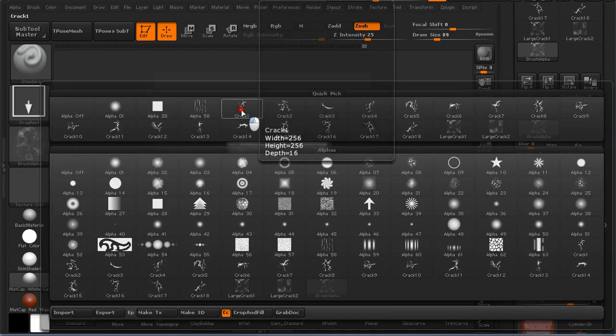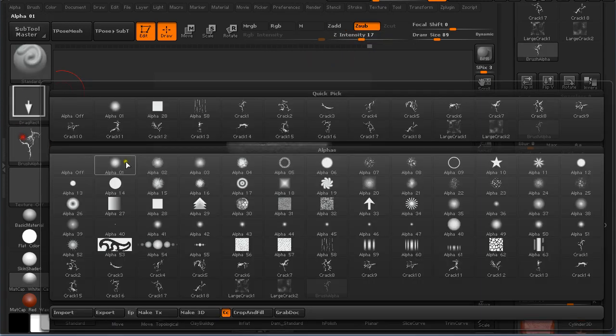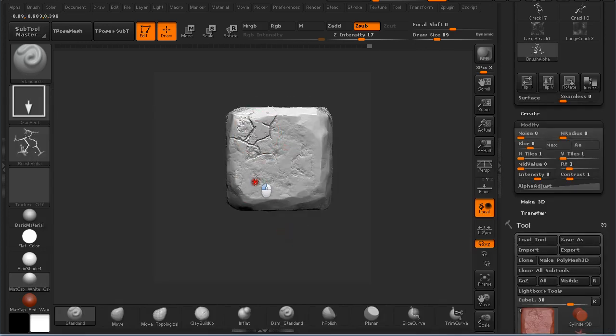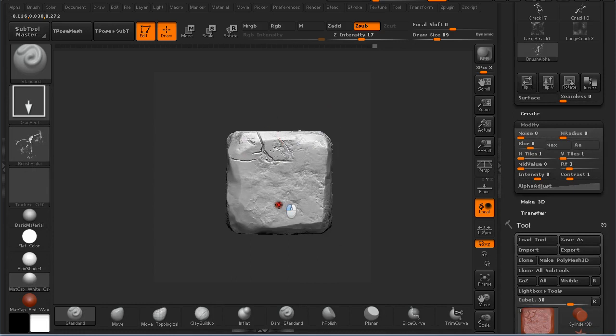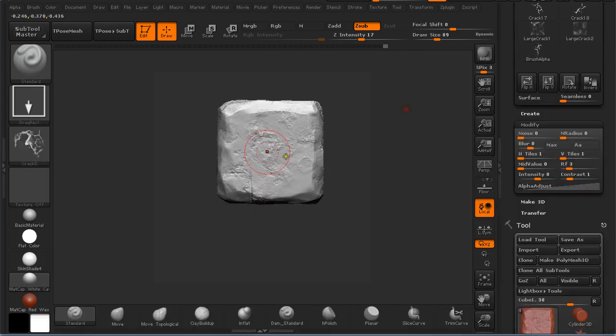So now I'm going to use these crack brushes, and I'm going to decrease the Z intensity a little bit. And now after I turn, I just use a different crack brush. So every time I'm going to use this subtool, as we will see later on, it will show up as a completely unique